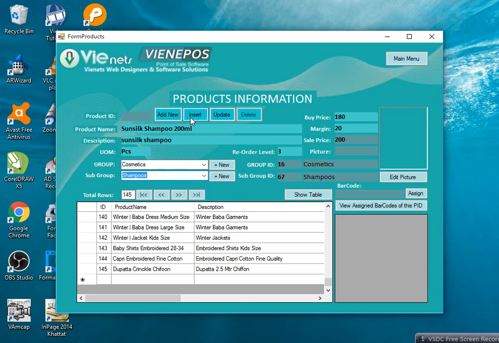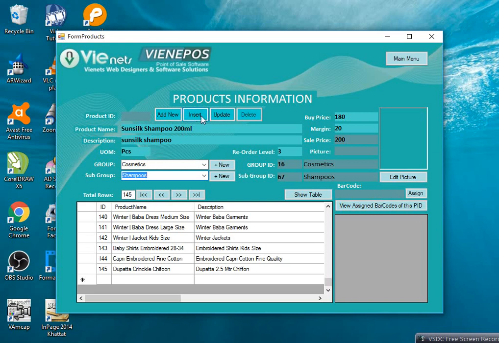In this way, after defining everything, name, description, UOM, reorder levels, price and margin and groups, when everything is done, then you have to press the insert button. We will discuss these later, because ads is not available, and this barcode section is also. After saving this product,